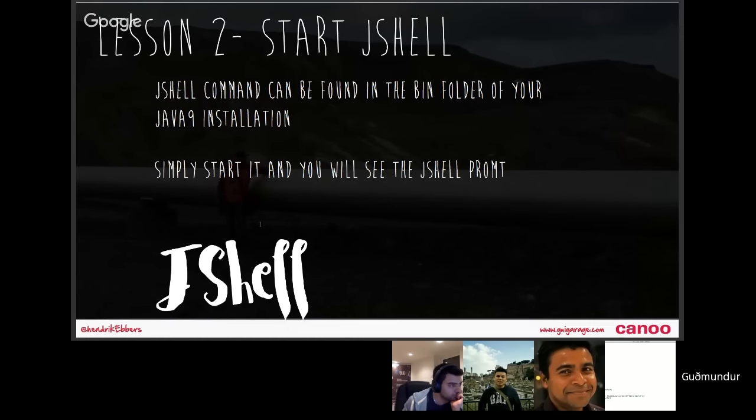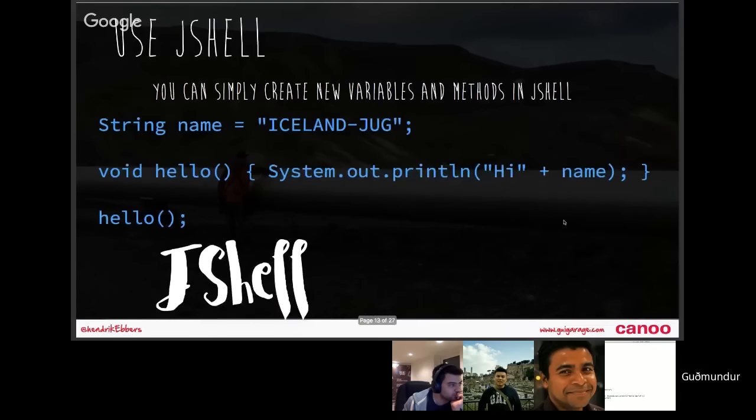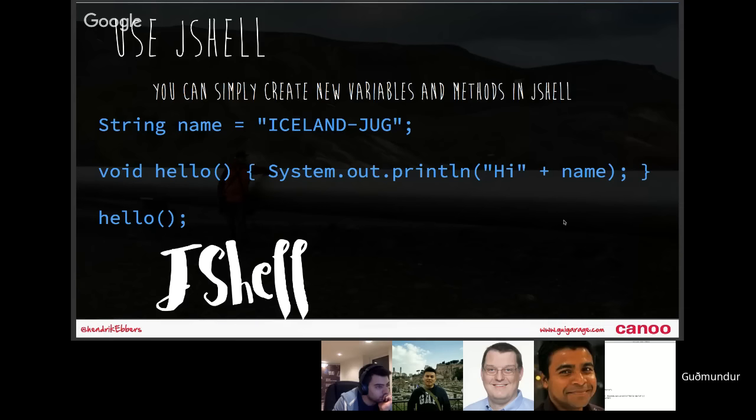So I hope everyone has started JShell now. I've prepared some slides, but we mostly already seen this now, guys. So you can create variables or methods, for example, in JShell, and use the variables or call the methods in